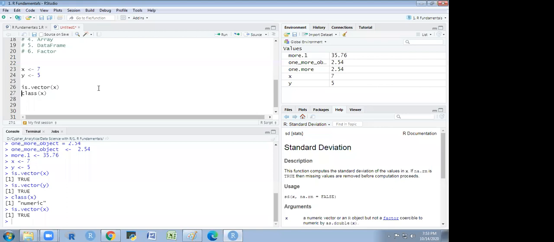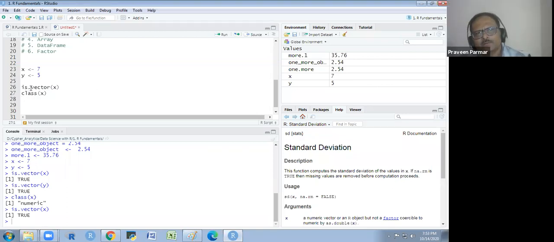She is trying to ask, if I don't put the dot, what will happen? It will not work. It is a function. is.vector is a function. You have to use the dot. It is complete. Function name, is.vector. So basically, it is the syntax. It's the complete function name basically. Okay.